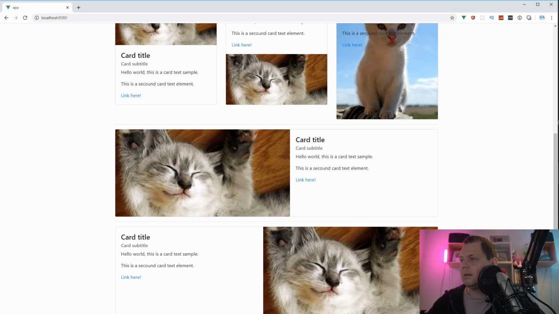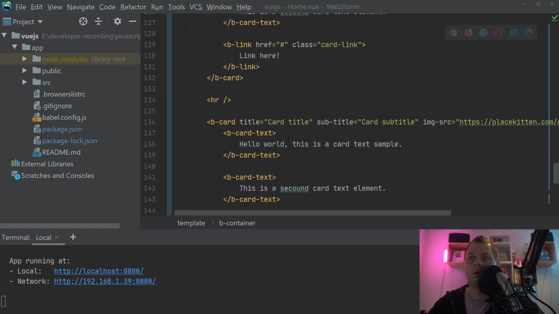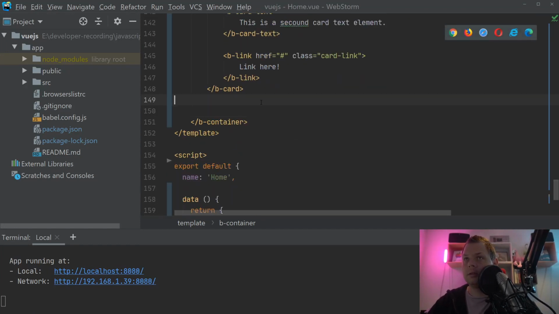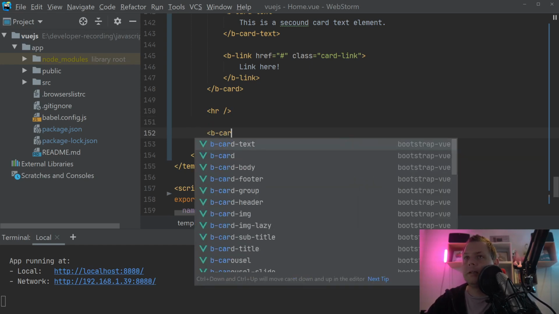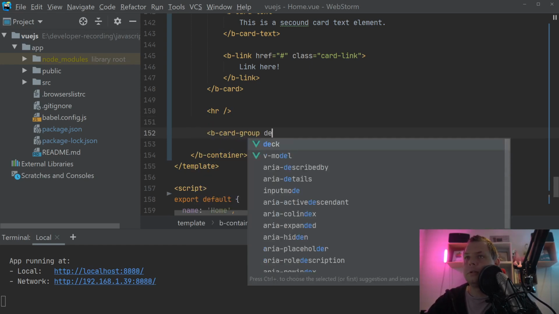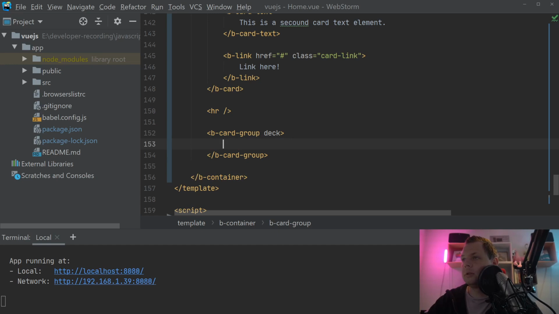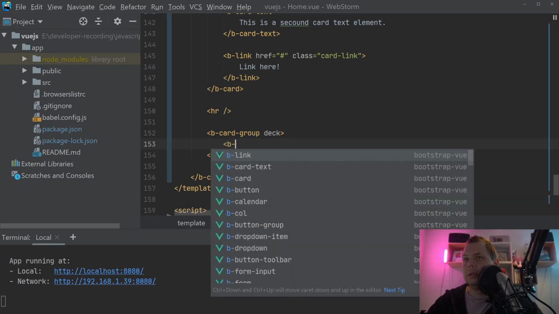And I think we want to work a little bit with the card group, and then I can show you how the card group is working and how it looks like. So let's go back to the editor and do this. Let's scroll down and create it here. Then we say b-card-group. And we say deck, and then we say b-card,